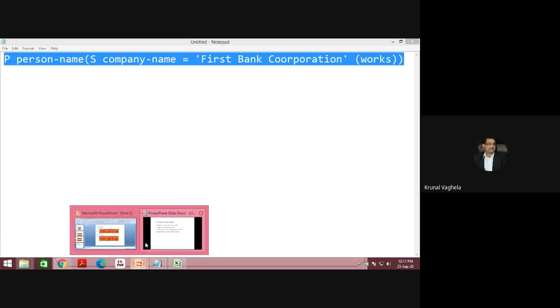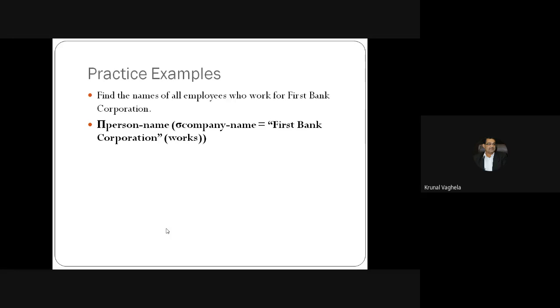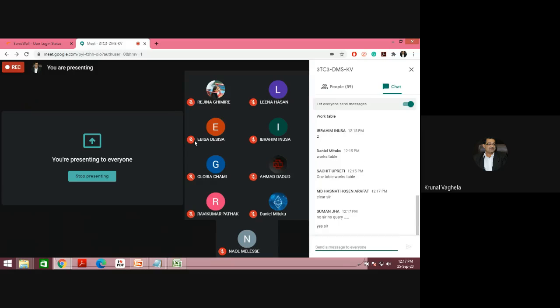Let me show you in the slide also. Same with the symbol, where company name is First Bank Corporation and works. Any doubt, any queries? Now you got how to solve that query, everyone? First thing, you need to understand what is asked.